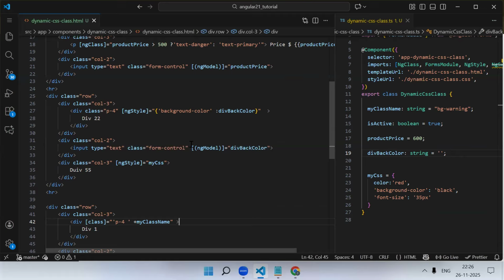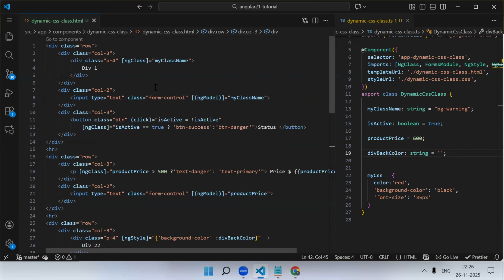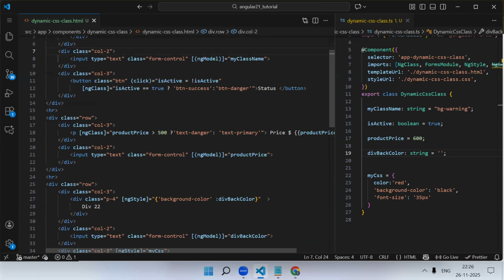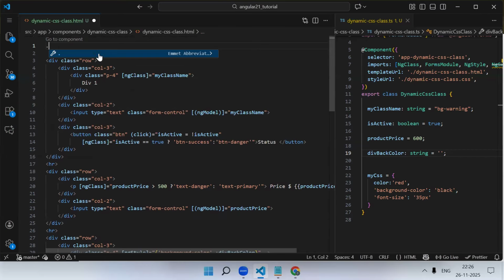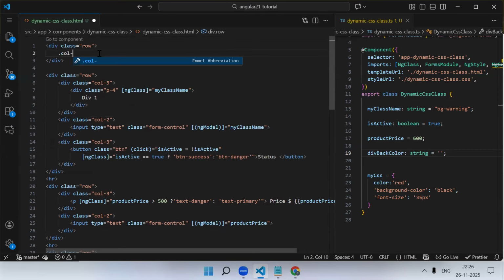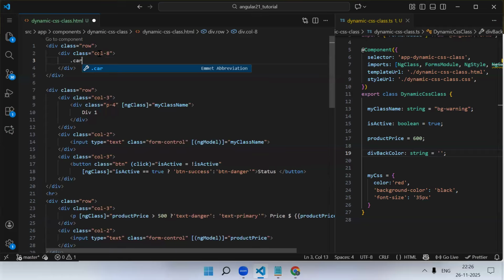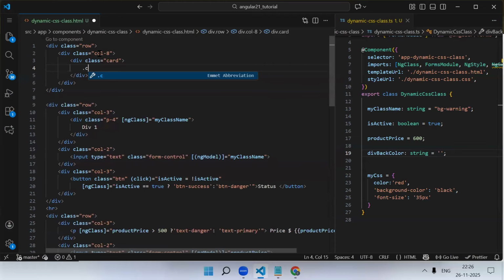How to use ngClass and how to use ngStyle. We have tried to find some real-time examples. Again, so many examples we can see, but let me show you one more quickly. Let's say this whole UI I want to wrap in a card. So div with class row and col, let's say. Inside that I have a card. This is very real-time. Card